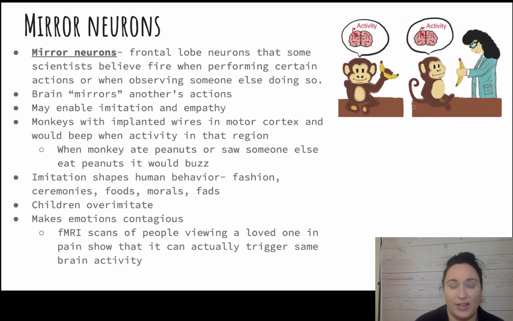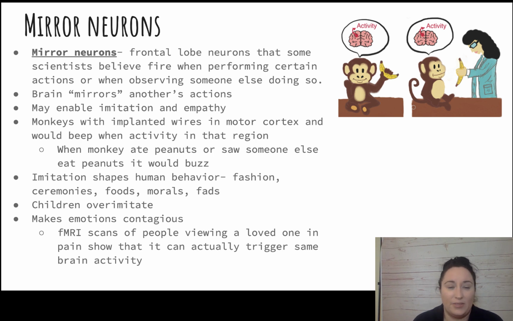So how do we experience this in the brain? They have found in more recent years that we have what they believe to be called mirror neurons. These are in our frontal lobe, and they fire when performing certain actions or when just observing someone else. They fire just the same. The brain basically mirrors what it's observing someone else do or experience. We believe this to be linked to imitation and to empathy, the ability to really empathize with someone else who's going through something difficult